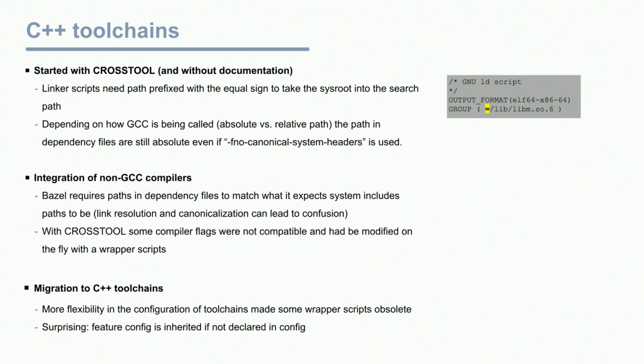Next thing is, depending on how you call GCC, either with an absolute or a relative path, it creates dependency files in a different way. So sometimes in your dependency file, the tree to the header files you depend on have an absolute path, sometimes they have a relative path. Bazel relies on a relative path. Due to the fact that we had to integrate the toolchains with some wrapper scripts, we figured out that we call GCC always with an absolute path. Therefore, afterwards, we got an absolute path in the dependency tree. And Bazel was complaining about, you haven't declared your dependency. But I